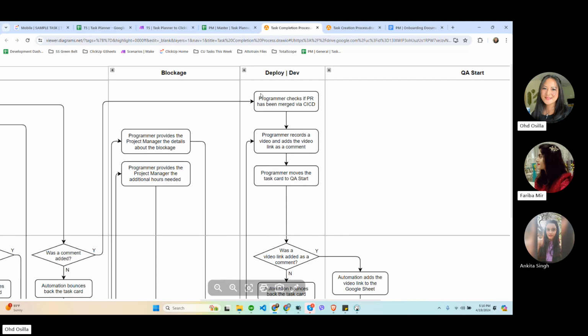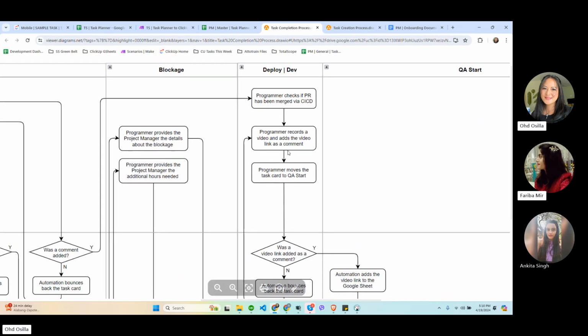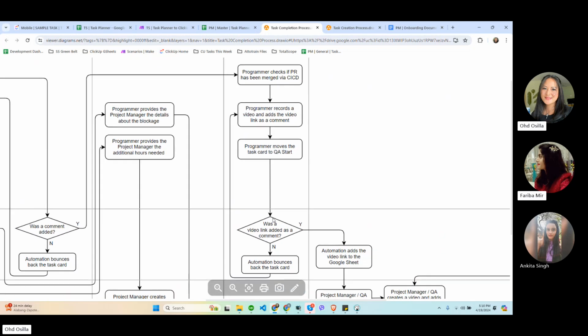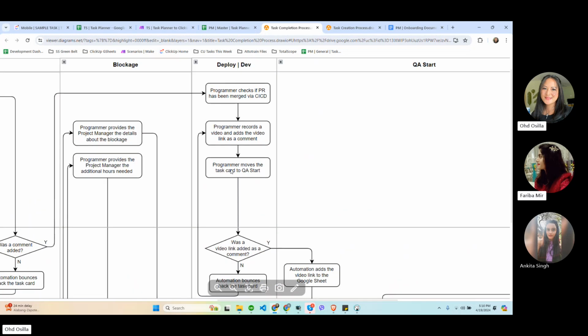So they need to push the changes to GitHub and have the PR merged, and once it is merged, that's the only time they record the video. They have to add that video link to the comment so that they can move the task to QA start.